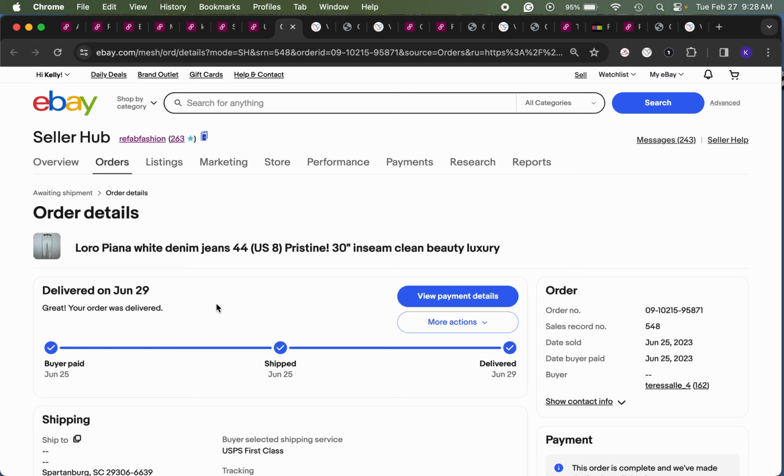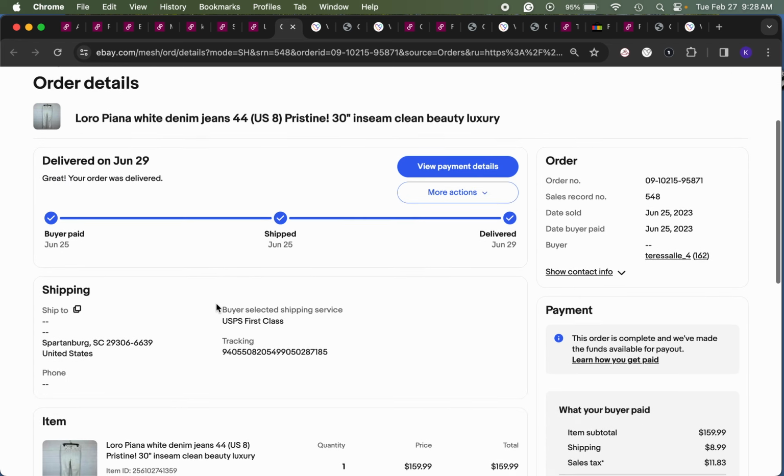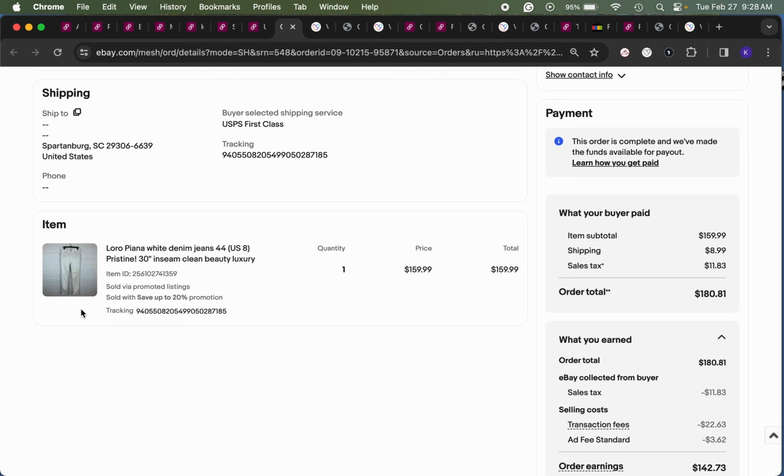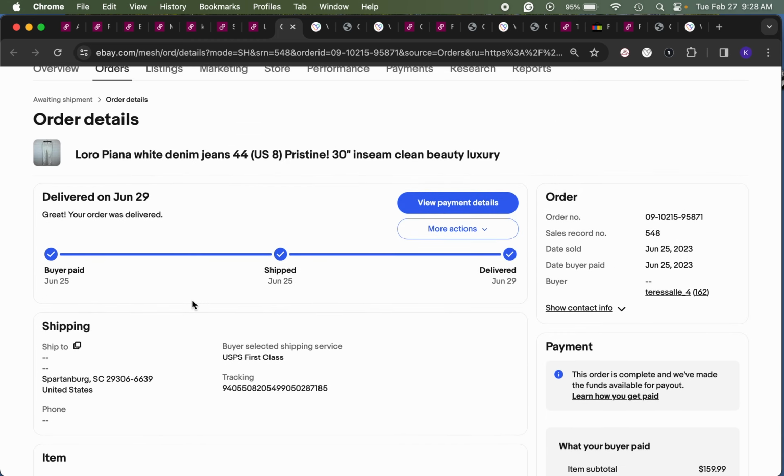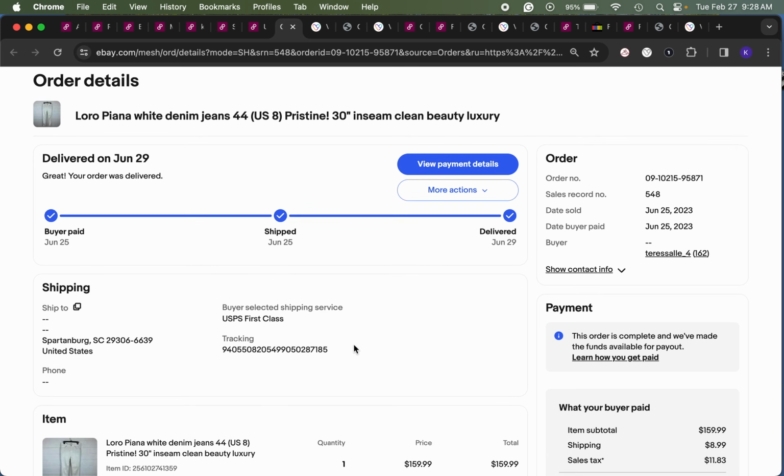This next one, also a great find. This is Loro Piana, which is a high-end brand, very expensive. These are women's jeans, a US 8, and these were pure white. I did not find any stains, I believe. These sold on eBay. I found these at a community thrift shop, and pants and jeans here are just $4,